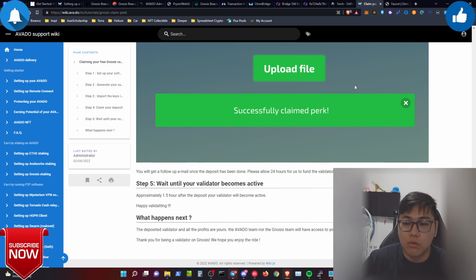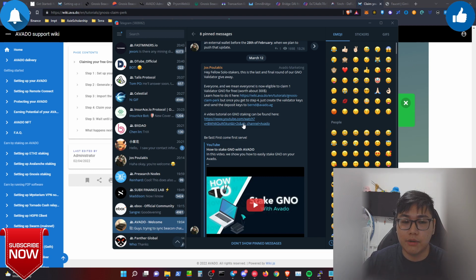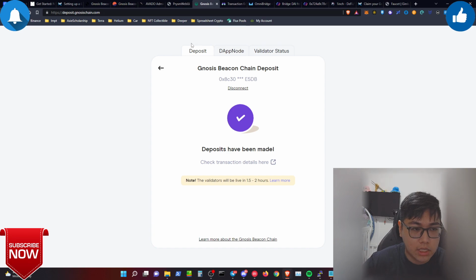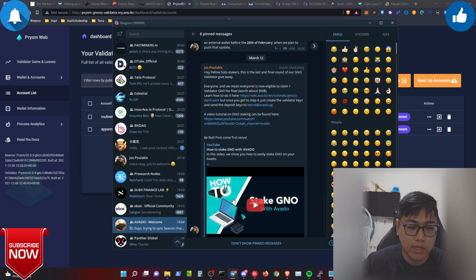If you want to claim it, you can also send an email. On the page itself, you will do whatever is described in the guide on how to set up your Gnosis chain, generating the keystore and everything. Once you have generated the keystore file and imported it onto your Prysm Gnosis validator page on myavado, just send the deposit data file either through the website or, if not, to burn@avado.ag. Just send an email there, and from there you can claim your free one Gnosis token.